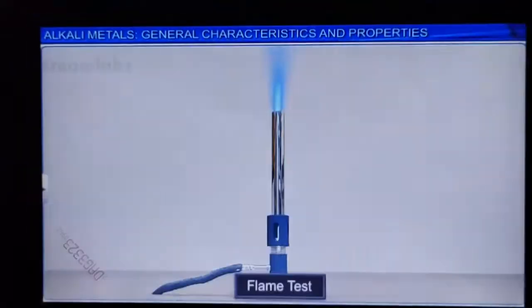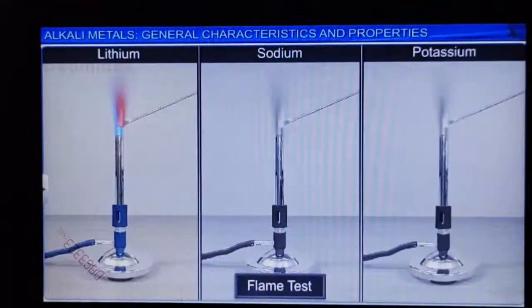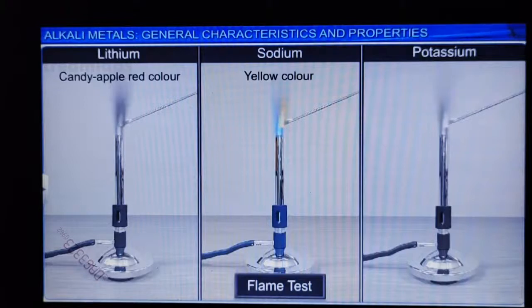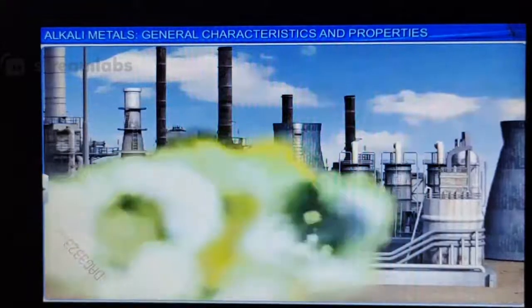ठीक है, तो ये ब्लू कलर का फ्लेम दिखता है, which is characteristic of sodium. तो हर एक एलिमेंट एक अलग कलर दिखाता है. मैंने ब्लू बोला, हम येलो बोलेंगे अब. The energy released, ना बेटा, the energy released during the flame test, the energy is in the visible spectrum. ये देखो,